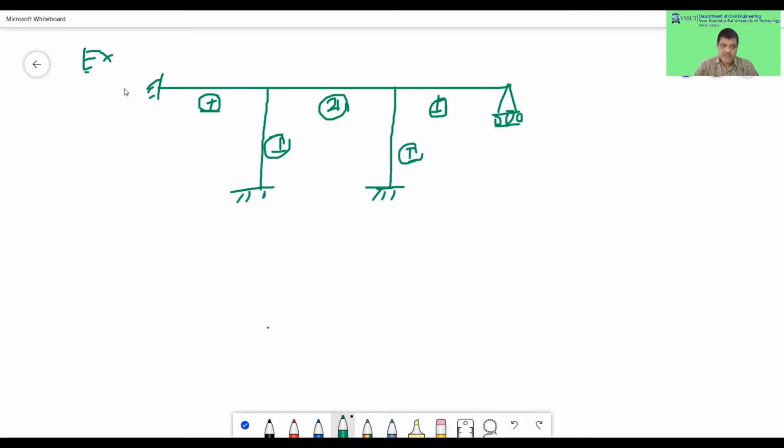Now here the height of these frames is 4 meters. And let's give the names of the supports A, B, C, D, E, and F. And these spans, this is 4 meters. Here to here it is 6 meters. And again from here to here is 3 meters.